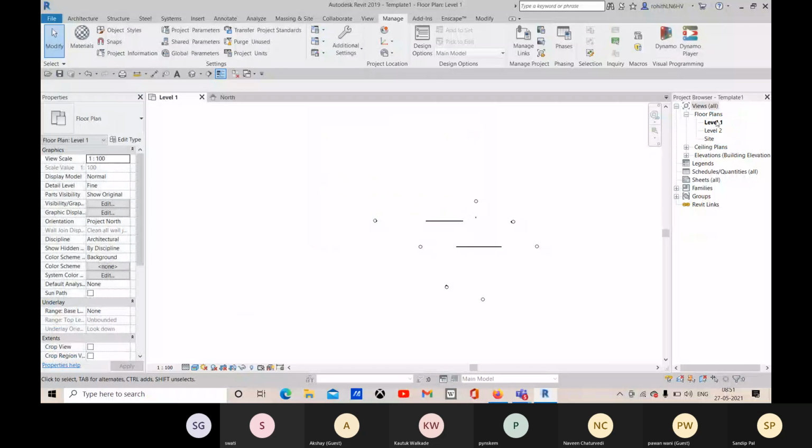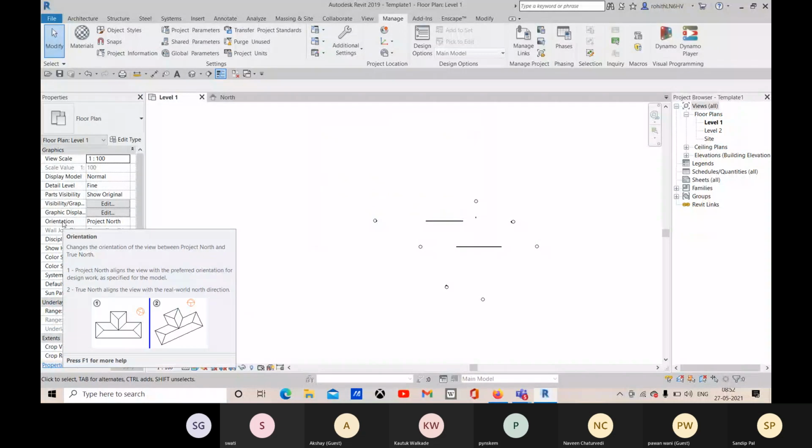And after that, you need to set all this view scale, this display model, this detail level, all these things, you need to set it as a template file so that within all the views, you don't have to change it one by one manually. You don't have to do that. You will change it one time and you will set it as a template. So that is the meaning of template, that you define all the settings within that template. So you will be just selecting that template or specifying that template, and you will get all the settings. Okay.